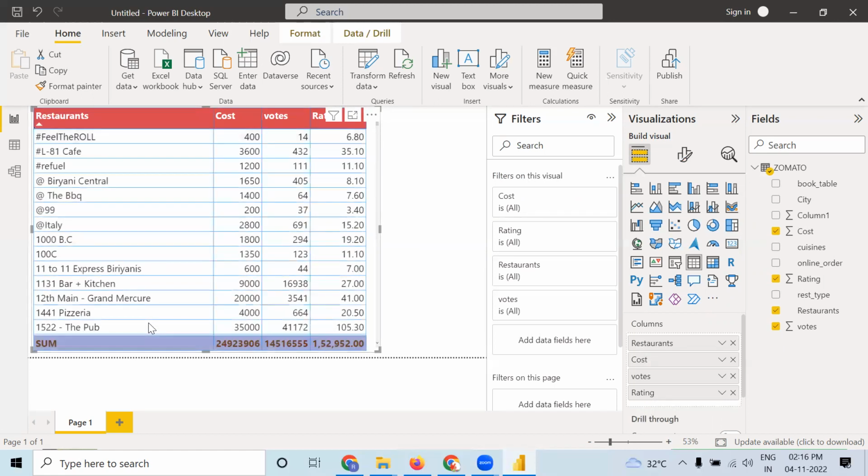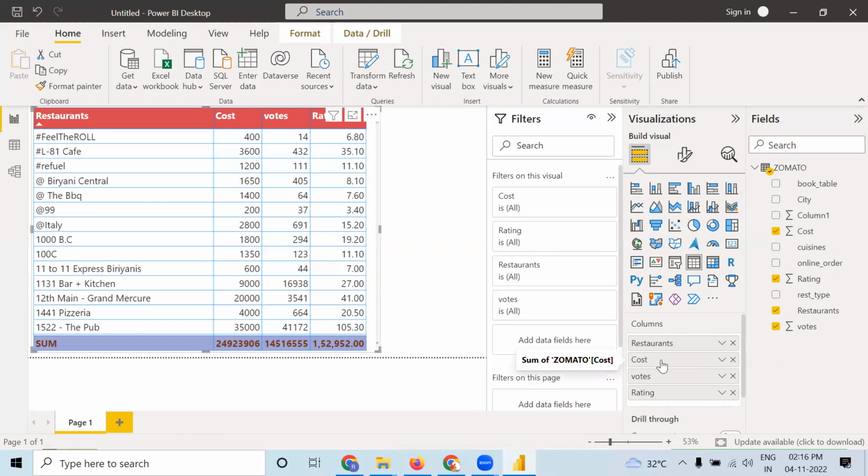Okay. So right now we are moving on towards conditional formatting. For conditional formatting, whatever numerical column is there, conditional formatting is better applied over there, because if you apply conditional formatting on categorical columns, it does not make any logic. Conditional formatting means whatever value is there, according to that, indications will come. I will show you one by one, so that things will be clear to you. So regarding cost,